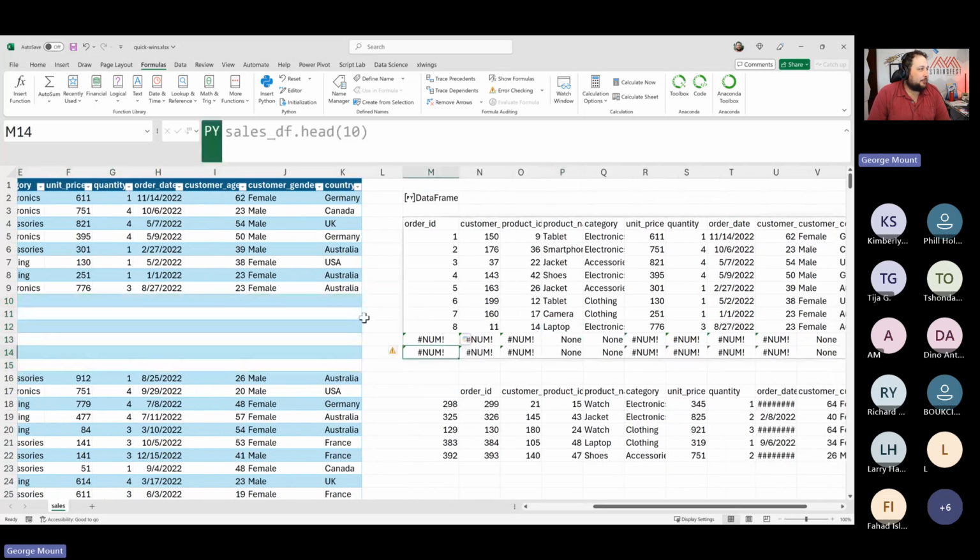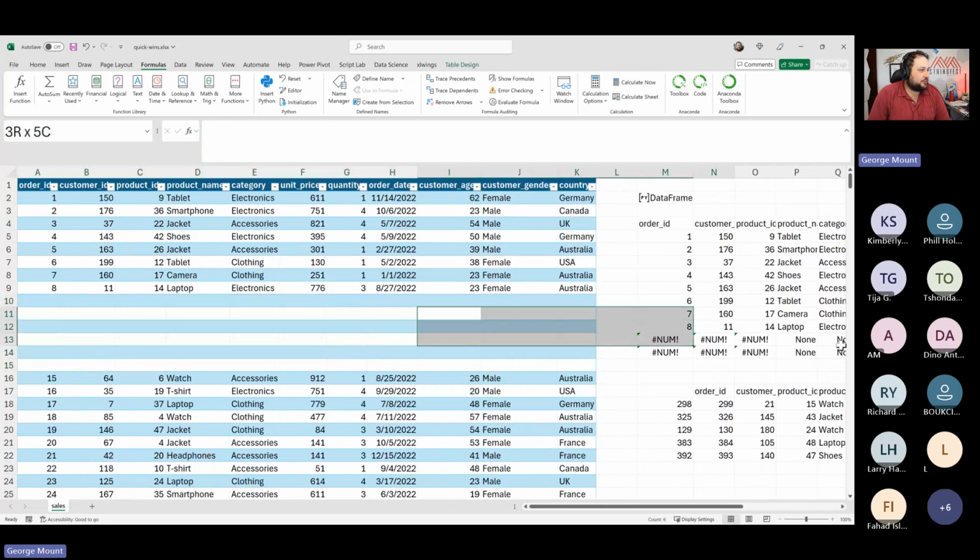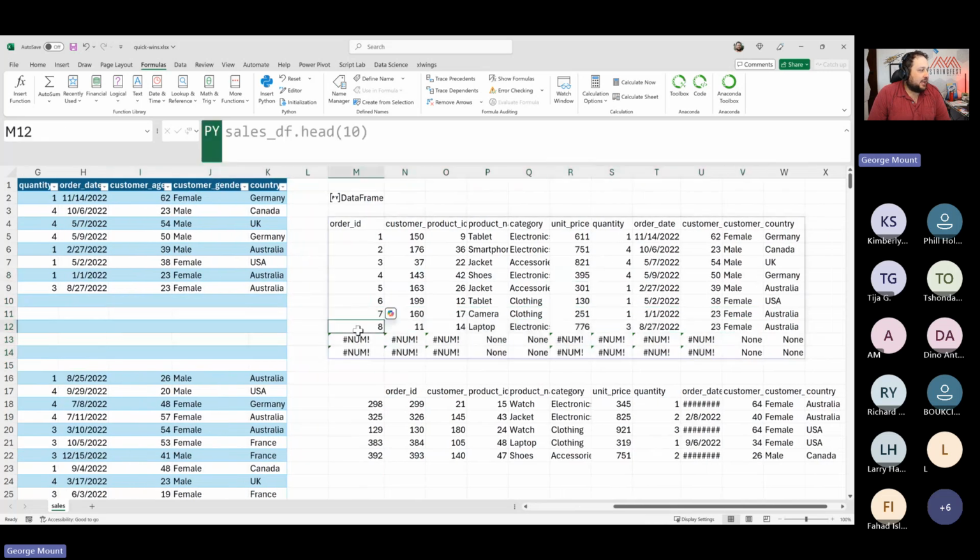You'll even see what's happening if I do delete rows 10 through 15, is that Python in Excel has a bit of a problem about how to represent this data. Okay, so I'm just deleting rows 10 through 15. I think that's what you mean by, can I repeat? Okay, so you'll notice that Python in Excel is having a little bit of a problem with how to represent these